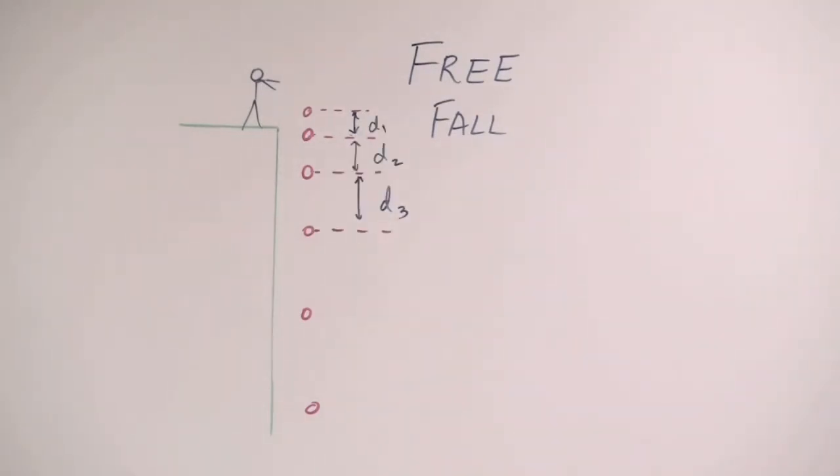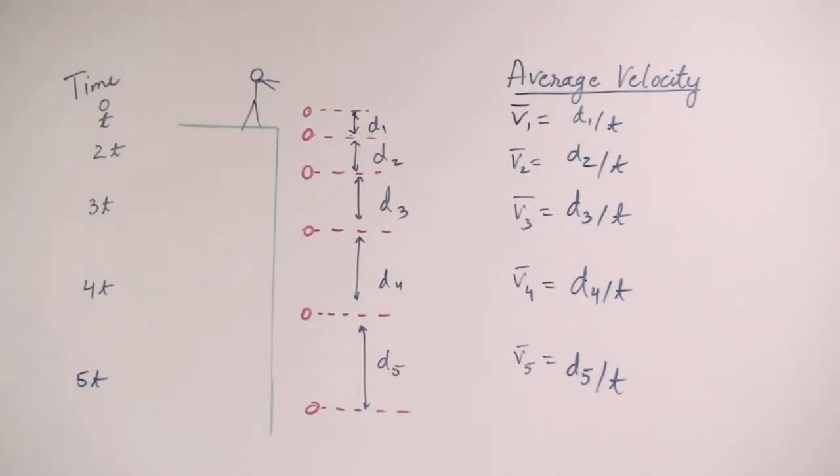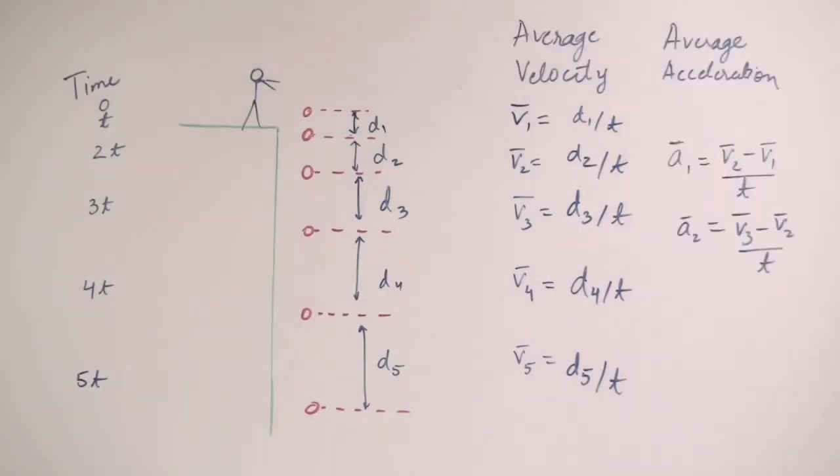Let's take the case of an object falling from the top of a building. As the object falls, it gains speed due to gravity and covers more distance in the same time interval. If the time interval is small enough, then we can estimate the object's speed by calculating the average speed it took to fall through that distance. And the average speed in turn can be used to calculate the acceleration with which the object is falling.